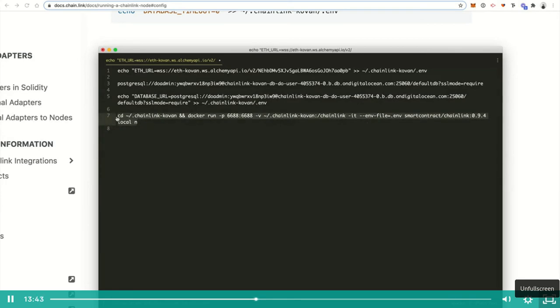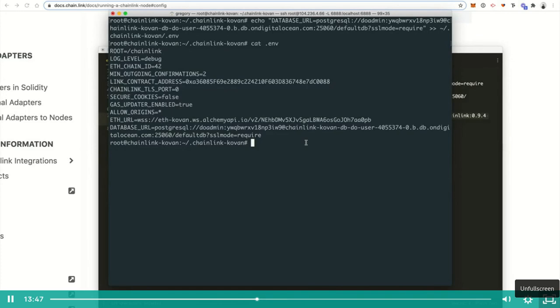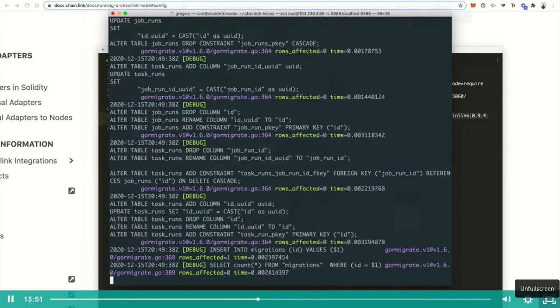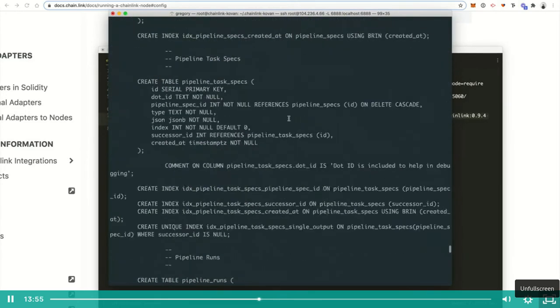So we'll just copy this and see if it works. I'm a little worried about the SSL connection with the database, but we're just going to see. So, oh, there you go. Boom, it's working. Okay, so the first time to set up, it'll hang for just a second, probably as it's